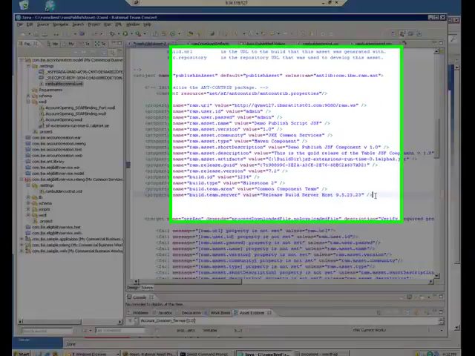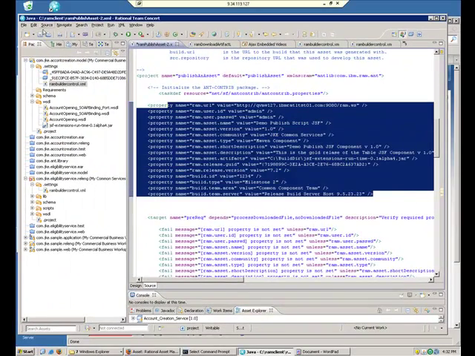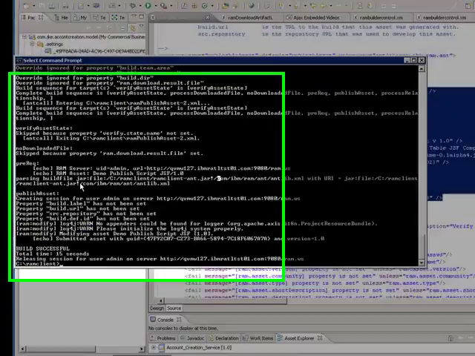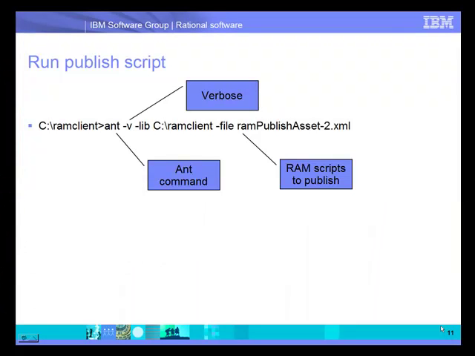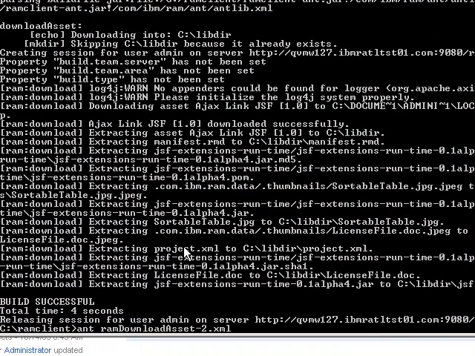Once we've made all these changes, we can save these values in the script. So you click on save, and then you want to go to the command line. So I'm going to go over here to the command line. Before we run the publish script, let's take a look at the syntax for it. It's similar to the download script. You use ant -v verbose -lib, which is the directory where the libraries are that you've downloaded from RAM, -file, which is the script that you want to run. In this case we've modified the ram publish asset 2 script, and we're going to invoke the command